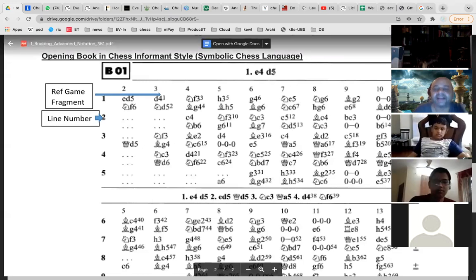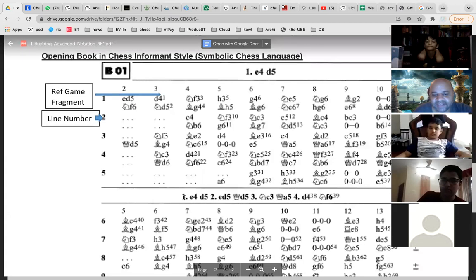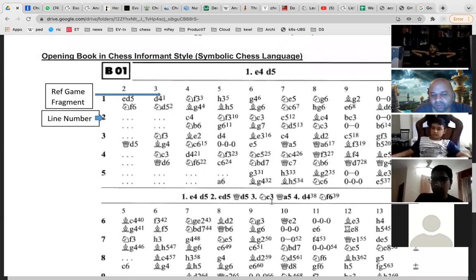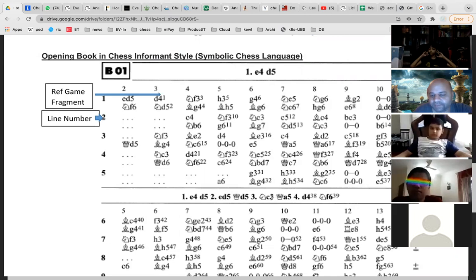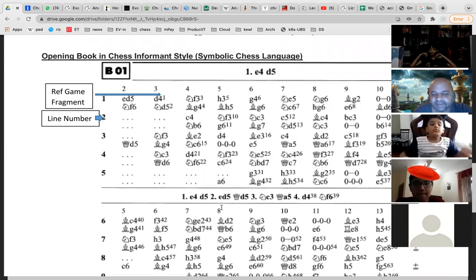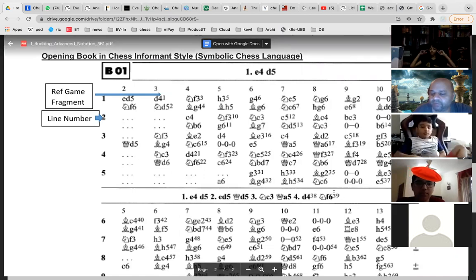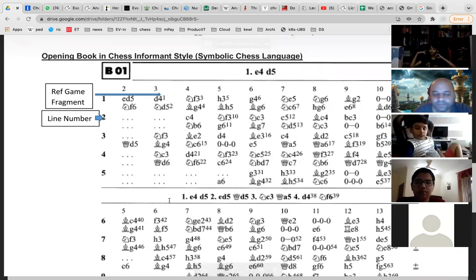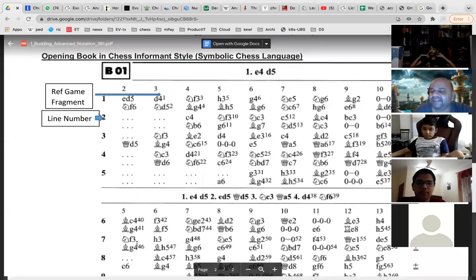Okay. And just so that you understand it, look at the second table. It is starting with E4, D5, E D5, Queen D5, toward the bottom of the page. It is ending after 4 moves, right? 4 D4 and knight F6. So you see the column names are starting with 5: 5, 6, 7, 8, 9, 10, 11, 12, 13, etc. Which means the first 4 moves are common for this table. Then from the 5th move onwards, they are giving the lines.